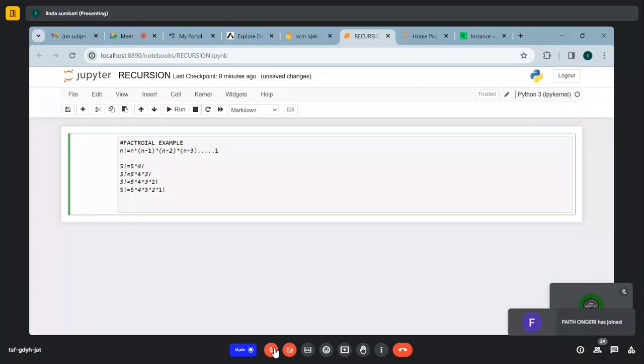So basically, we can clearly see that from here, if you try to check, 5 factorial is 5, and 5 is n. Then this 4 is n minus 1. You see? Then 5 factorial is 5, then this 4 is n minus 1, the 3 is n minus 2, and so on and so on. So let's say you have n minus 1,